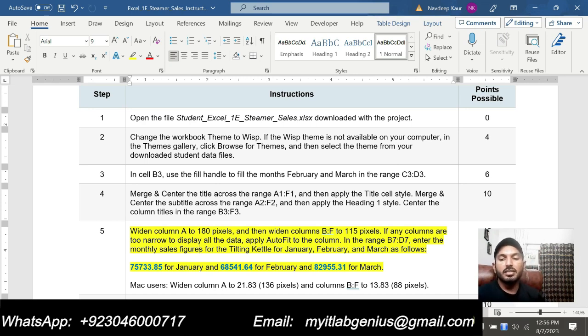In the range B7 up to D7, enter the monthly sales figures for Tilting Cattle for January, February and March as follows. So these are the figures given for this tilting, and we are supposed to enter these figures. So first we are supposed to widen column A and then B to F.